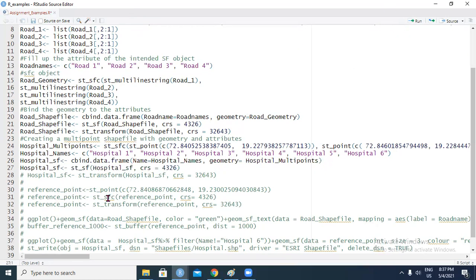Then we use the st_sf function and give it a coordinate reference system WGS84 to convert it into an SF object. And then let us also reproject it using st_transform. So here we are.